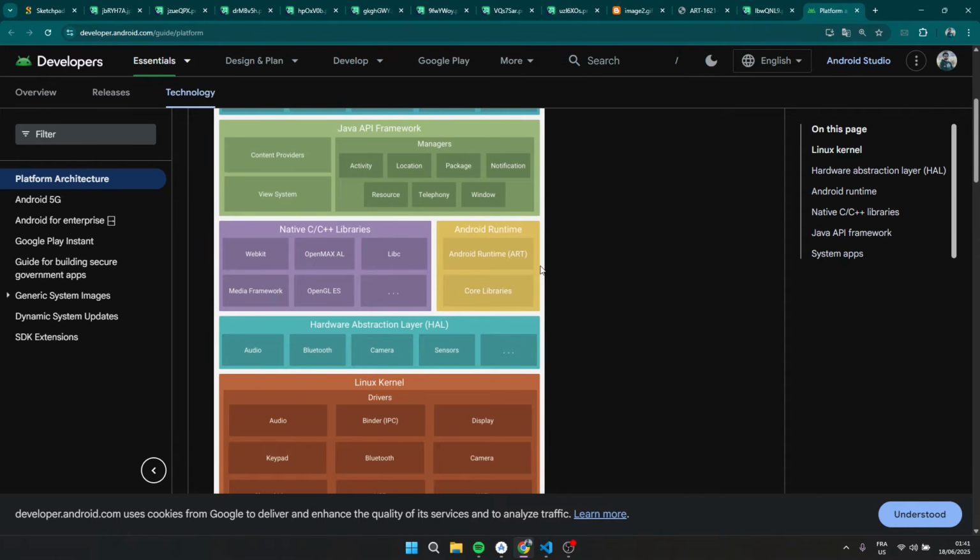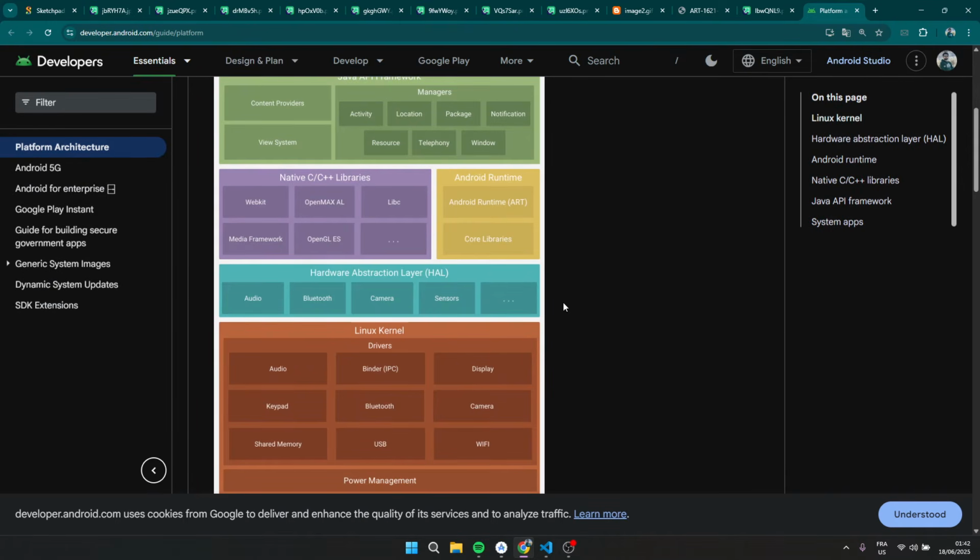I'm not going to be explaining the steps on how the generation is done, because that's in the next video. Either way, for now you can just imagine that the code generated for the application is going to be executed there, and that's it. One more piece of information is that in the past it was called the Dalvik Virtual Machine, since the first version was called like that, and it was executing Dalvik code, which we call the Dalvik bytecode. So it's going to be executing that Dalvik bytecode inside that machine.